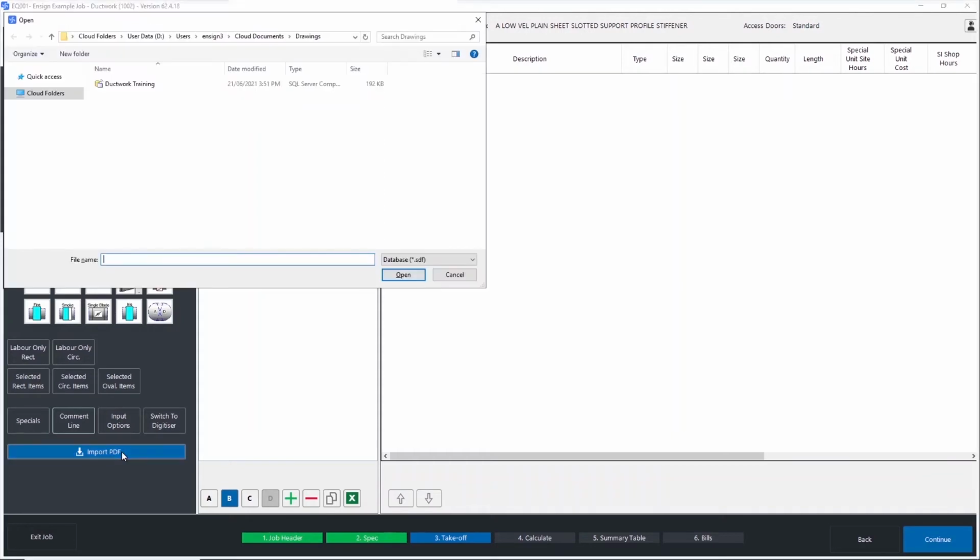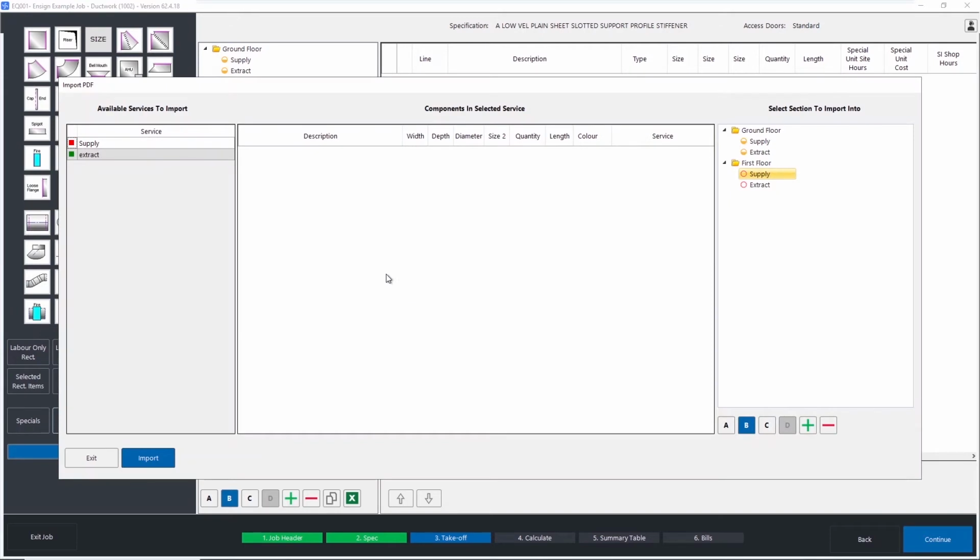I've already got my file, it's already saved there because it's saved into the drawing folder, which we'll cover a bit more when we go over the PDF takeoff for the Ductwork software as well. But for now I'm just going to grab the Ductwork training. So this is my drawing. I'm going to press open, and in here I can see I have my different colours with my different services